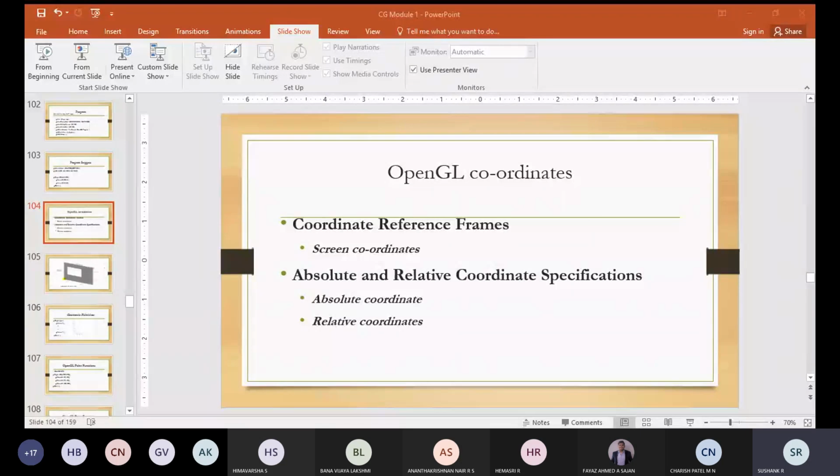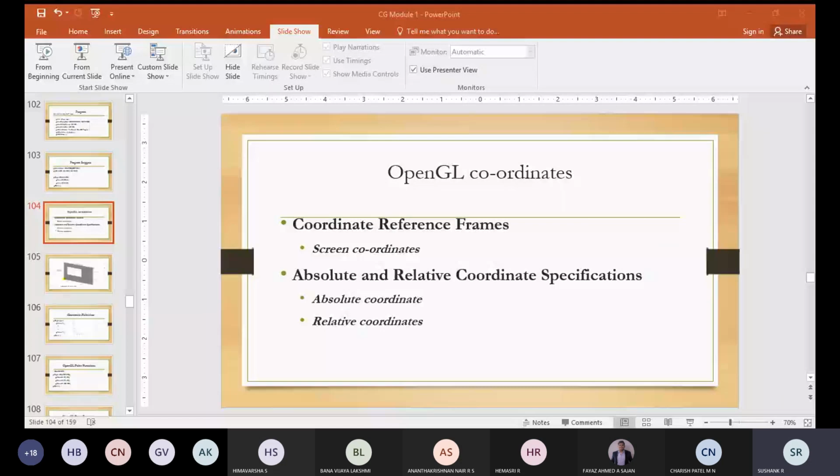We will describe the objects in our picture by giving the geometric position of the objects in terms of positions in world coordinates. For example, I gave an example of a straight line. How do you define a straight line? You define it with its endpoint positions, the beginning of the line and the ending of the line.